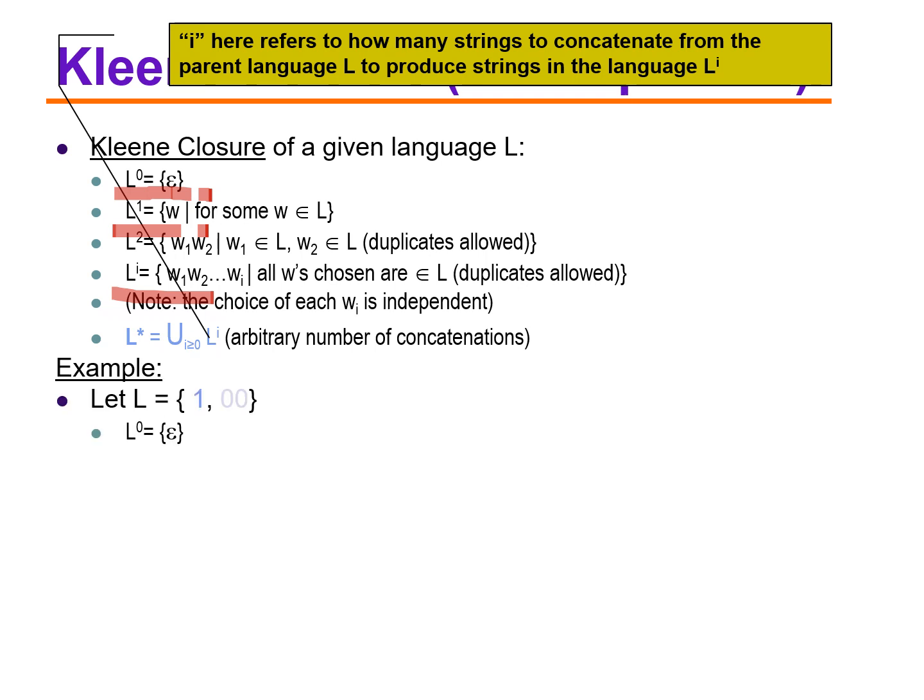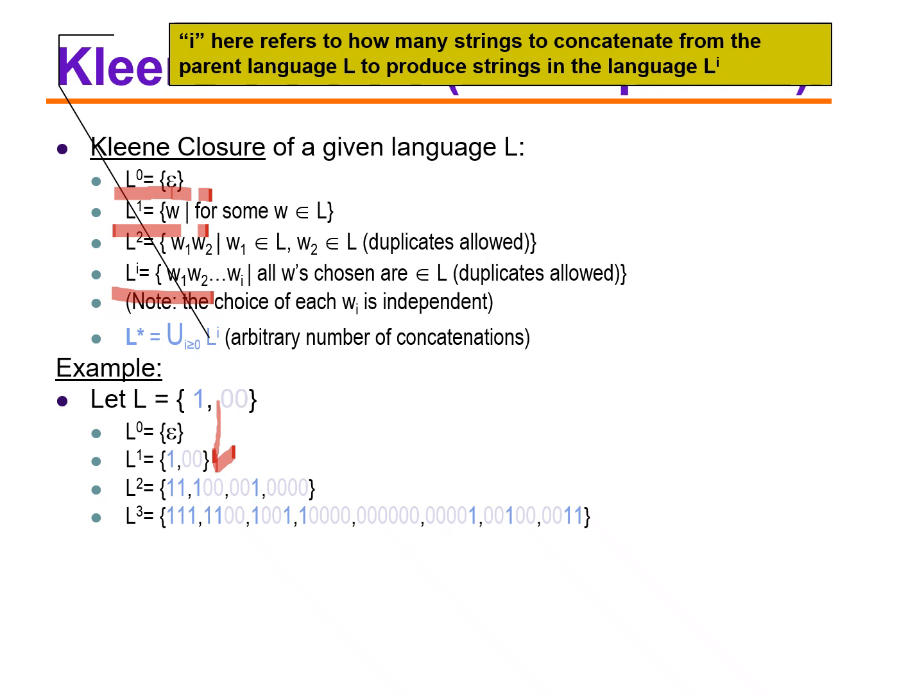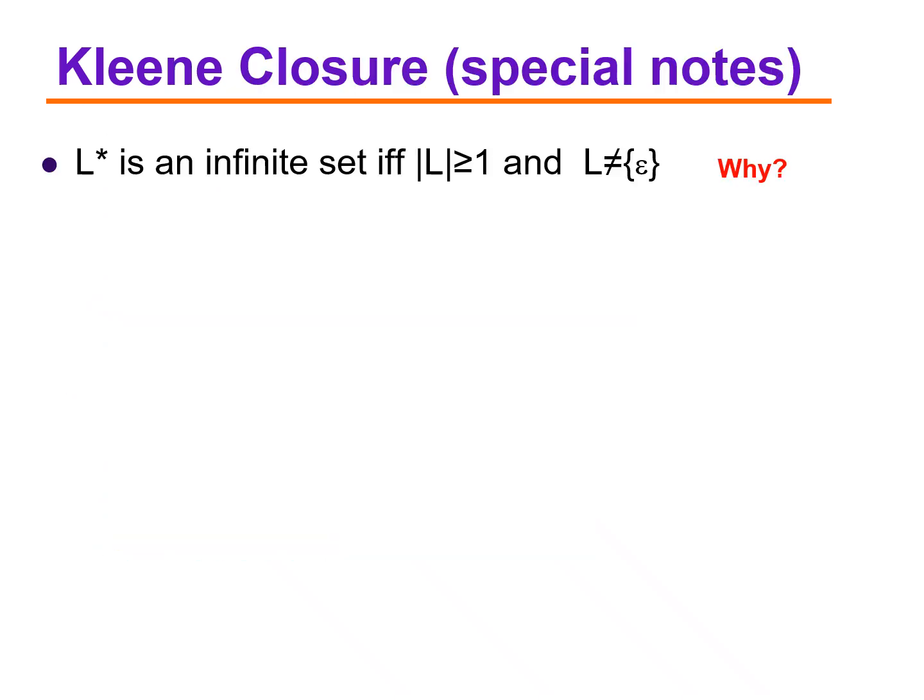For example, if the language contains 1 comma 00, then L of 0 is epsilon, L of 1 is the strings once, and for L of 2 we can concatenate either this 2 times or this 2 times, both one time: 1 1, or 1 0 0, 0 0 1, or 0 0 0 0. So a maximum of 2 concatenations are allowed; that is, 2 times the strings can be concatenated. This is L of 2. And then L of 3. Like this we can continue till L of